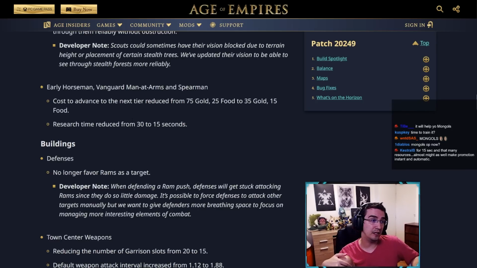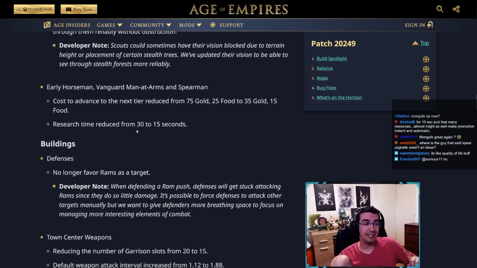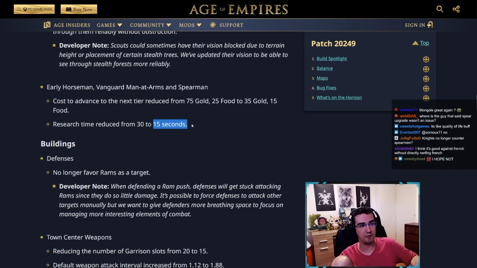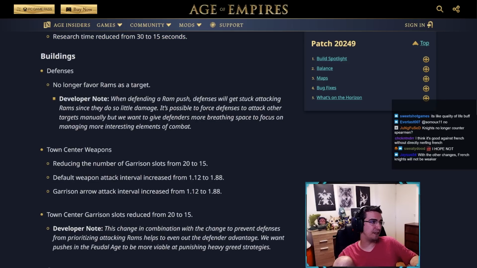So, it's one of those changes, like, sure. I think it buffs the correct Civs, like Mongols and Civs against French, so I don't mind it. I just found it a little weird. That's it. Now, research time reduced from 30 to 15. Does this include Delhi? I don't know how that works. I'm assuming the Delhi upgrade is going to be 15 seconds, but does their upgrade get reduced as well? But, sure. Buildings, defenses, no longer...